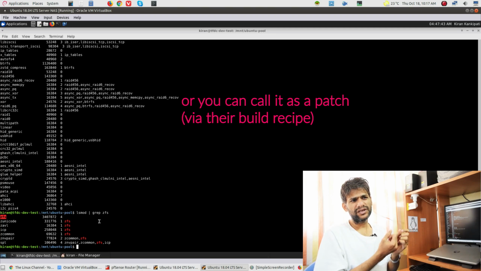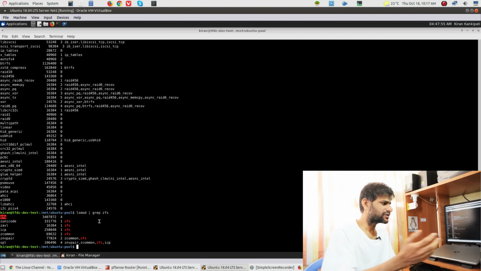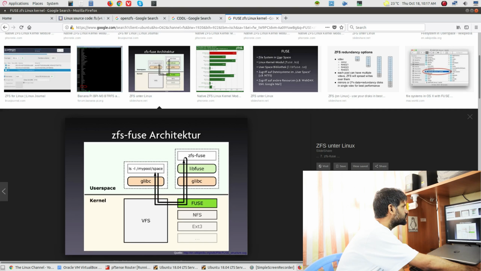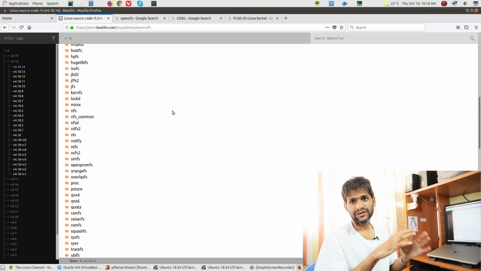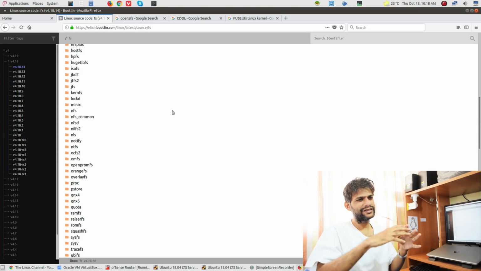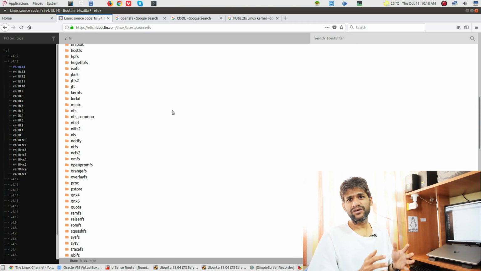I'm sure if you take just some vanilla kernel and compile it and run it on an Ubuntu system, it is not going to show this entry because it may not have this supported. You can see here in the kernel source there is no ZFS inside the kernel source. So this sort of recipe creation is done by the Ubuntu team, and they have cooked it maybe with ZFS support inside, because this will facilitate that if you are using their Ubuntu server platform, it will have that native ZFS support